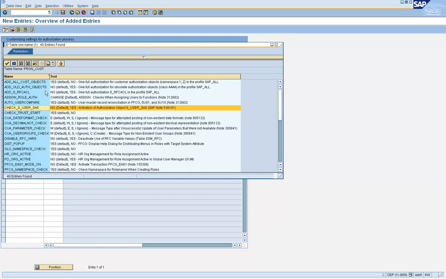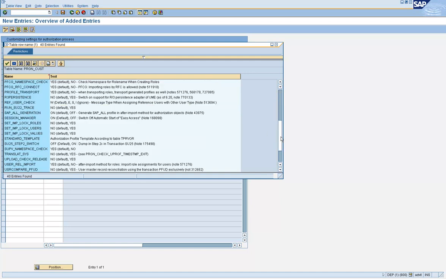Now, some of these parameters control what you see in SAP_ALL, PFCG and SE01 activities. For example, profile_transport. If you don't want to transport the profiles along with the roles, I don't see why you would do that, but hypothetically, you can set profile_transport to yes.